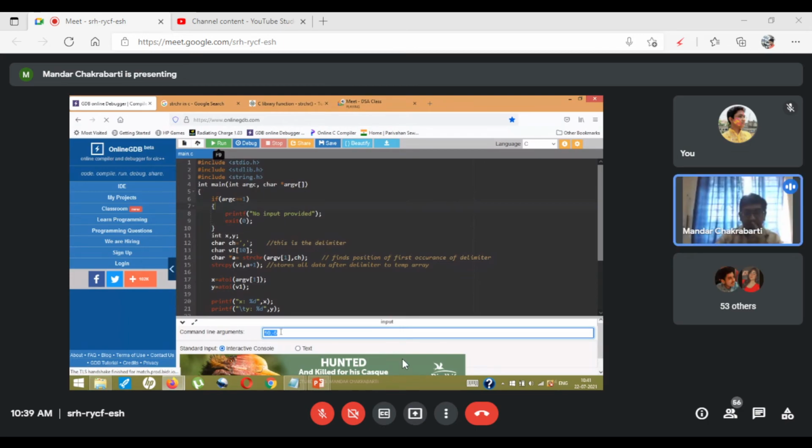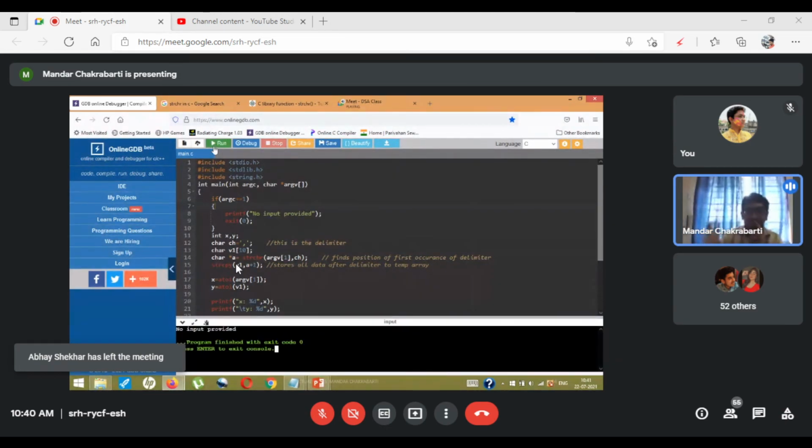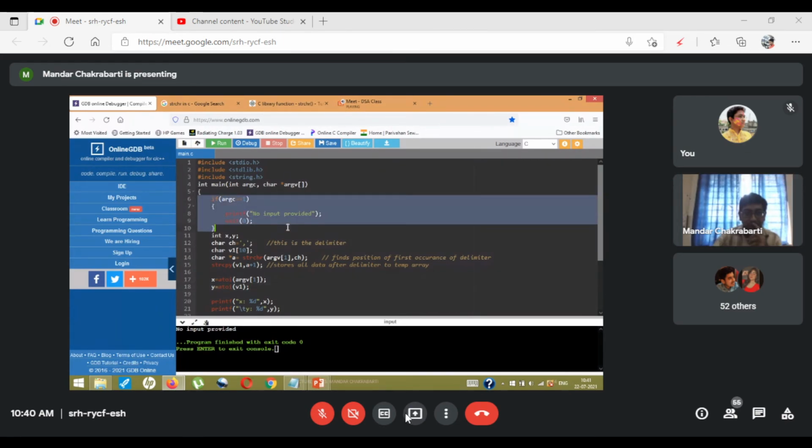So if I'm passing any data from here, then I'm passing data through command line arguments. Now, if this is kept completely blank and I run the code, then I am actually not passing any data. I am just compiling the program normally as it is. In this particular code that I have shown you as an example, I have purposefully made sure that if I'm not passing any input to the code, then it will print an error message and exit from the code.